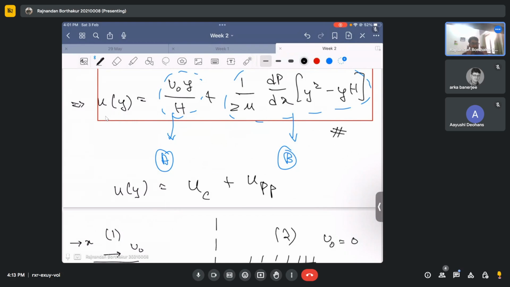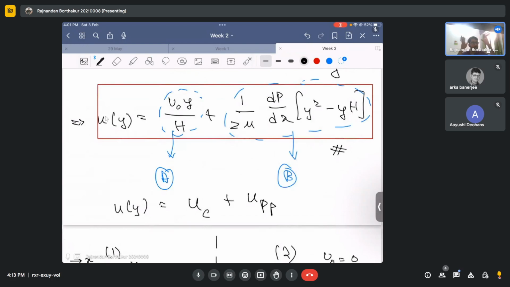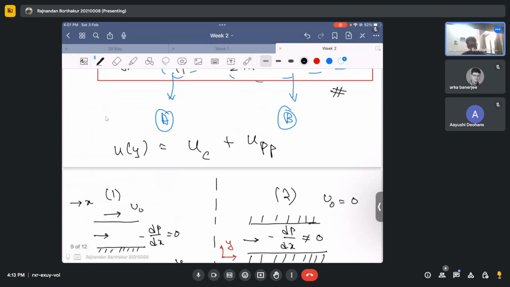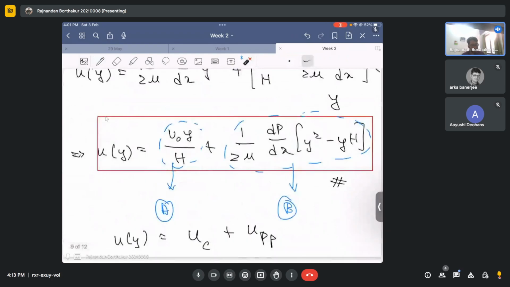This means that instead of solving the entire Navier-Stokes equation, you can simply say that if I separately solve the Couette flow problem and if I separately solve the plane Poiseuille flow problem, and I separately get their velocity field, then the velocity field for this combined Couette flow and Poiseuille problem is basically a linear superposition of these two solutions. This is known as the linear superposition, as I have already said, and you need to understand that this is possible because